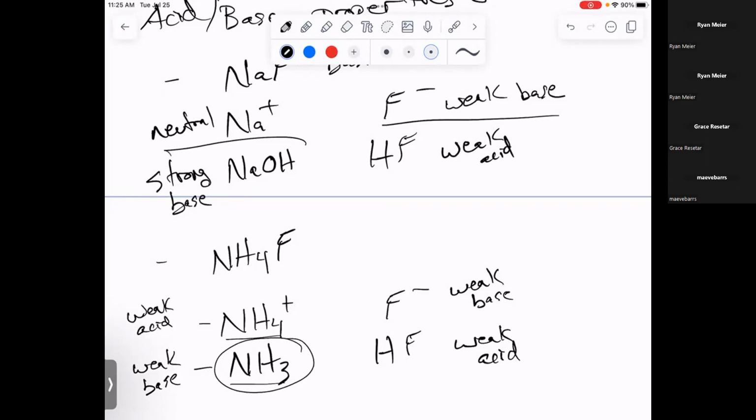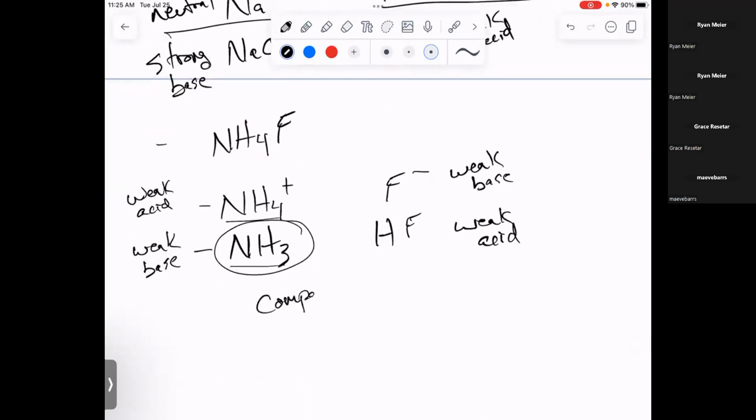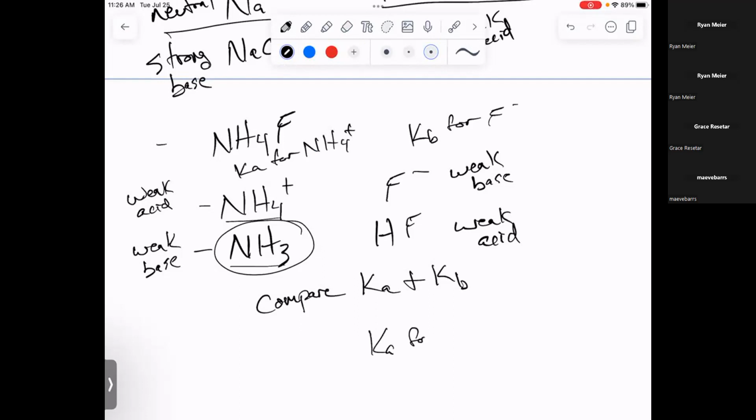So if we run into this situation, we need to compare Ka and Kb. And ideally what we want is the Kb for F minus, and we need the Ka for NH4 plus. Now, the annoying part of trying to make this comparison is when you go to look at Ka and Kb tables, a lot of times you're not going to find a Kb value for F minus in any table. What you will find probably is Ka for HF